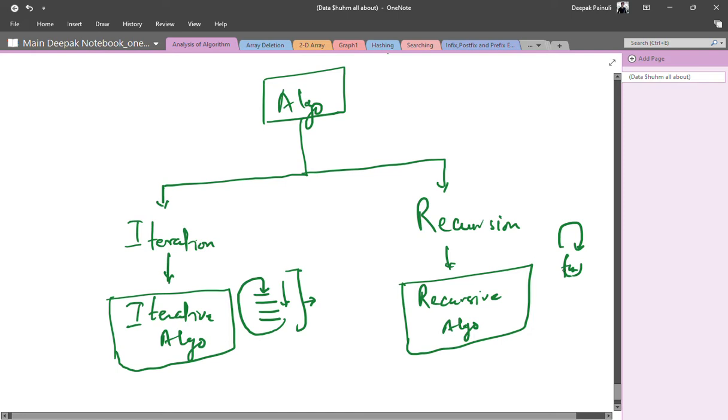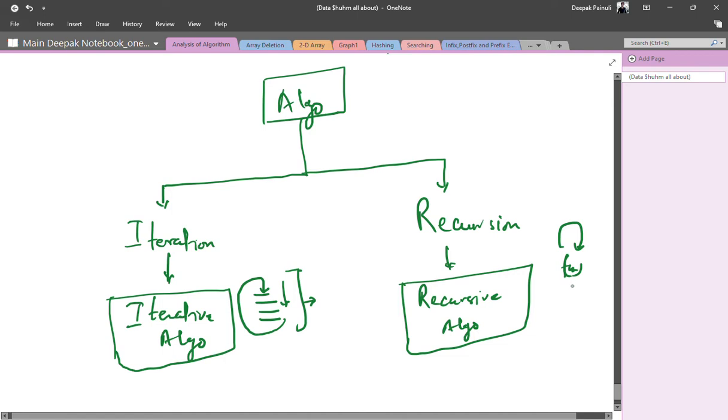That means the function calls itself on a regular basis. If you want to understand the difference, here you have a series of instructions which are executed in a stepwise manner, and after that you go to step number 1.